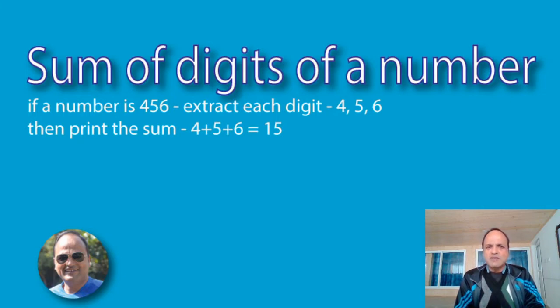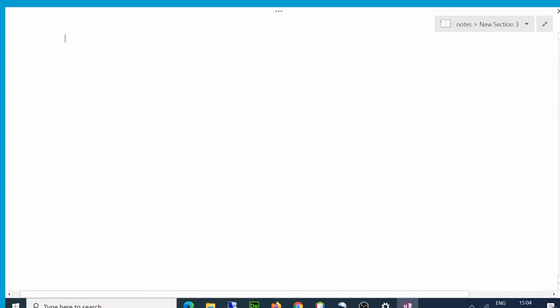It's a simple division method, I call it. We have to divide by 10, and then we keep getting the digits from the number. So first I'll show you the method, how we actually extract digits, and then we will do the program. So let's start. So here we are. Digit extraction, I call it DIGI.